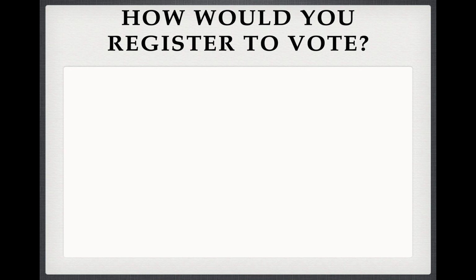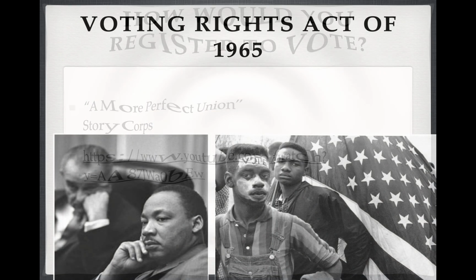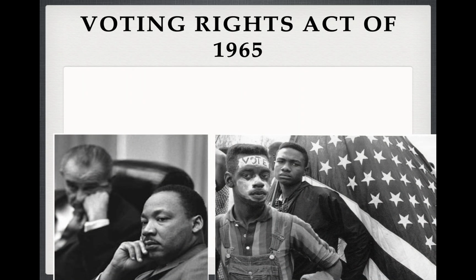Now, another way they would discourage or stop African Americans from voting was they made it almost impossible to register to vote. And how would you register to vote? Well, first of all, in the South, you would have to go down to the courthouse, which was only open on certain days a week during work hours. Well, most African Americans didn't have a lot of money, and they probably worked all day. And you better believe that a lot of bosses that were white, in order to discriminate, would actually make sure they worked on days where you could actually register to vote.